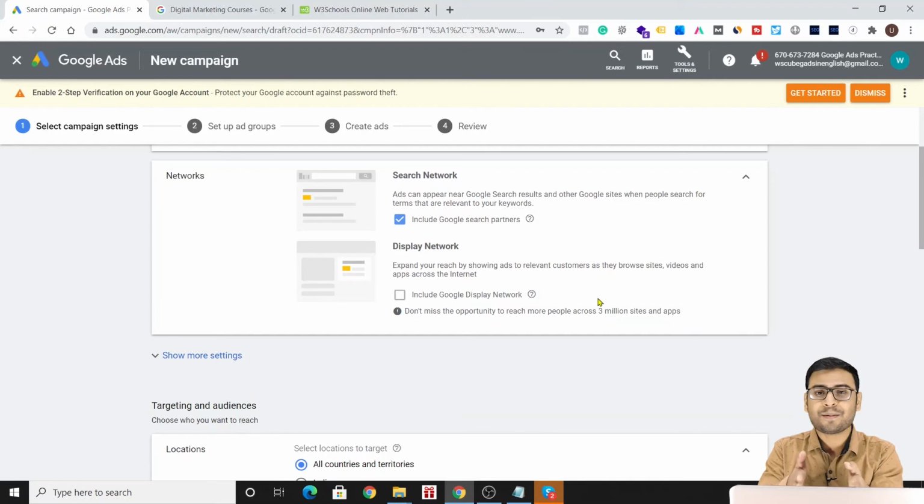But with this opportunity, they also want your budget. You'll be spending a lot of money, because now it's not only about the search network, it's also about the display network, and you are into the full game now. So your ad will come to Google's display network also, and that will exhaust your budget.